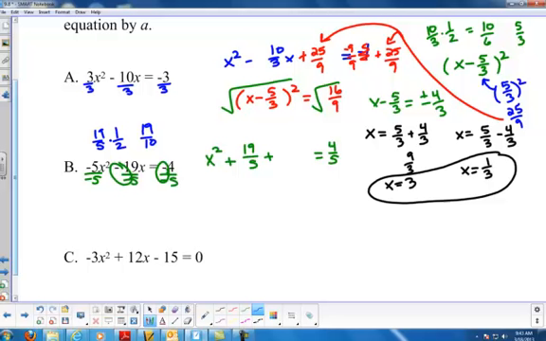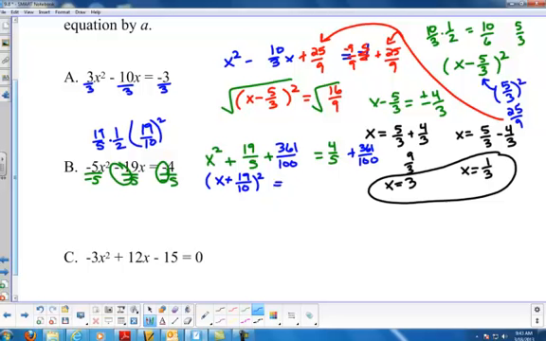So we're going to square both of these. And 19 squared is 361. So we're going to be adding 361 over 100 to both sides. So on the left, I know my factored form is that 19 over 10. So I'm just going to write x plus 19 over 10 squared. And that's going to equal